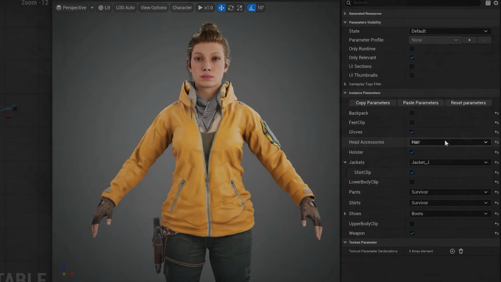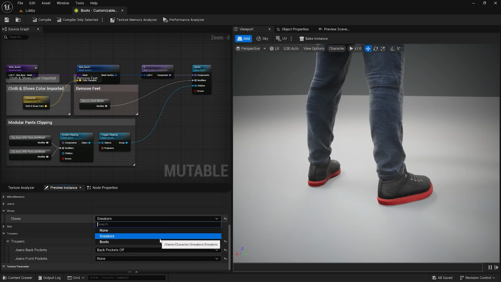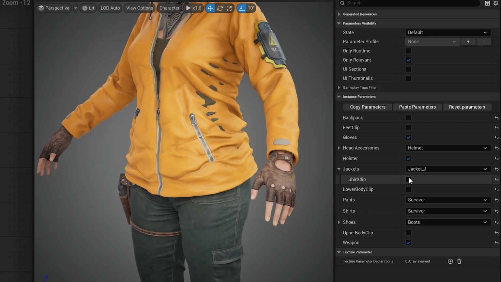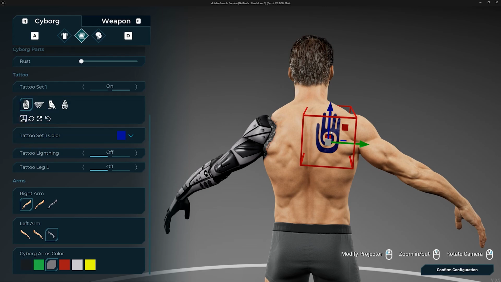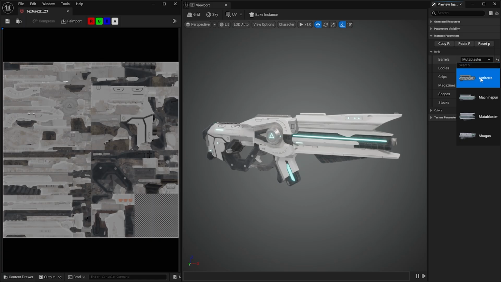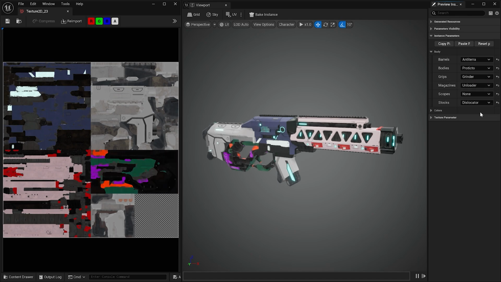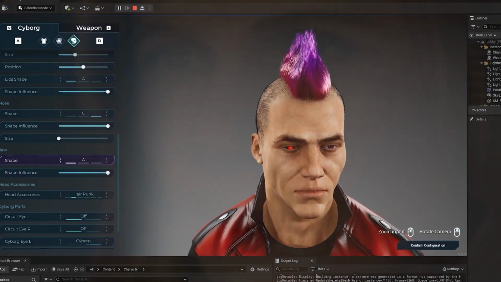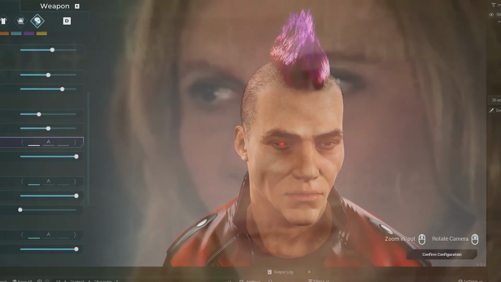But it's not just basic combining. It allows you to define rules for how different elements should work together. For example, you can make pants fit well with boots, prevent close clipping issues, or even create customizable tattoo. And it can be used not only for characters, but for weapons, cars, buildings, or whatever else you need. So it's incredibly flexible, and on top of that, the plugin solves many technical issues. It dynamically generates new meshes, materials, textures, takes care about resource loading, all the stuff